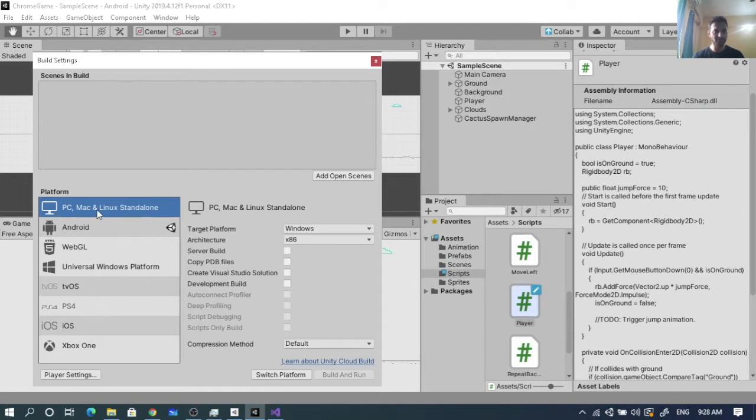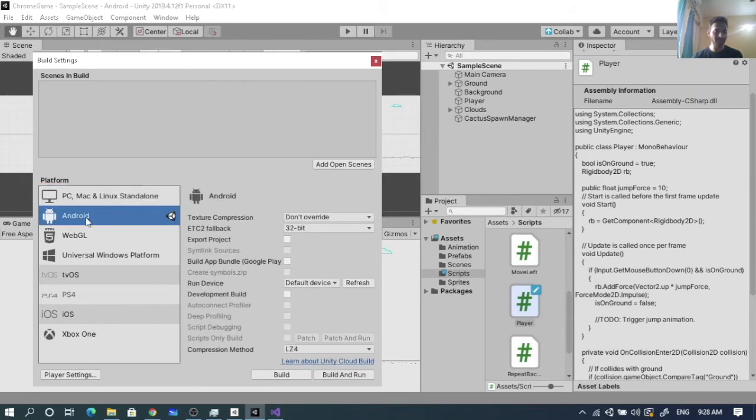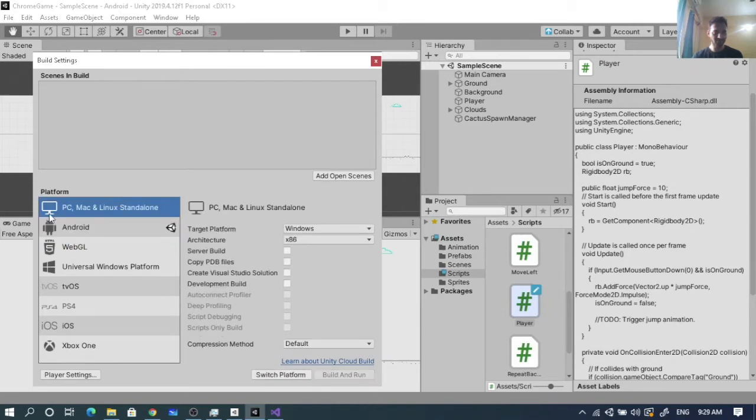So for you it will be PC, Mac or Linux. This is used to make builds for PCs. Once you select this, if this icon is not here, first you need to click this button, Switch Platform. In my case, Android is selected by default, so the Switch Platform button is not there. In your case, if this is selected, then